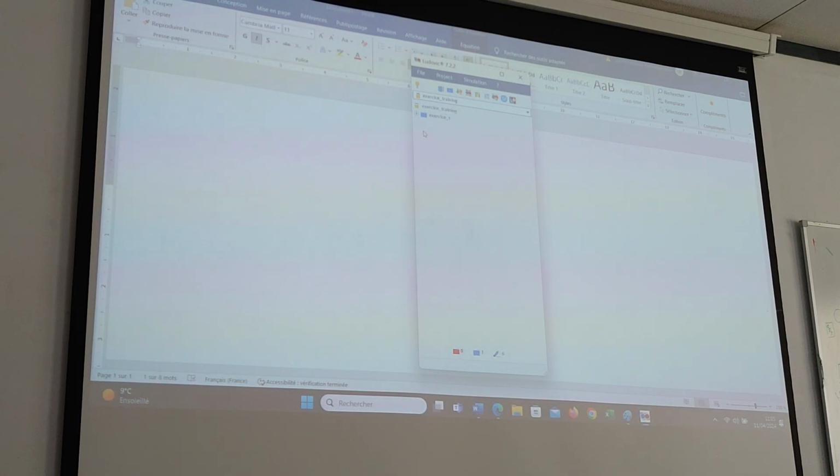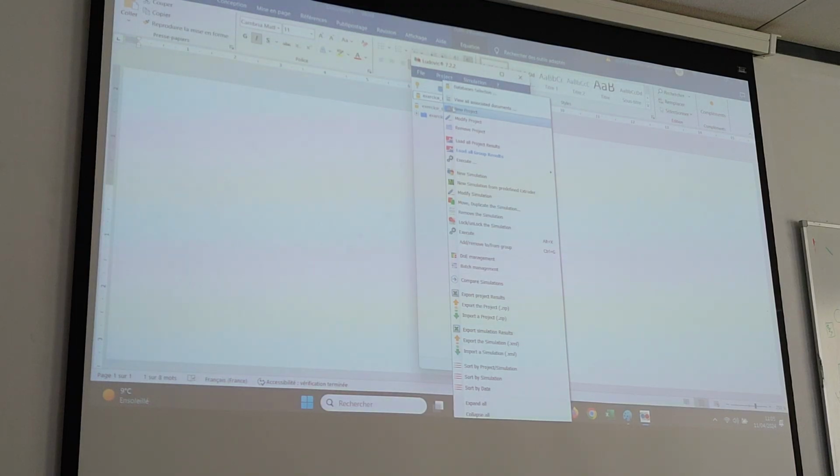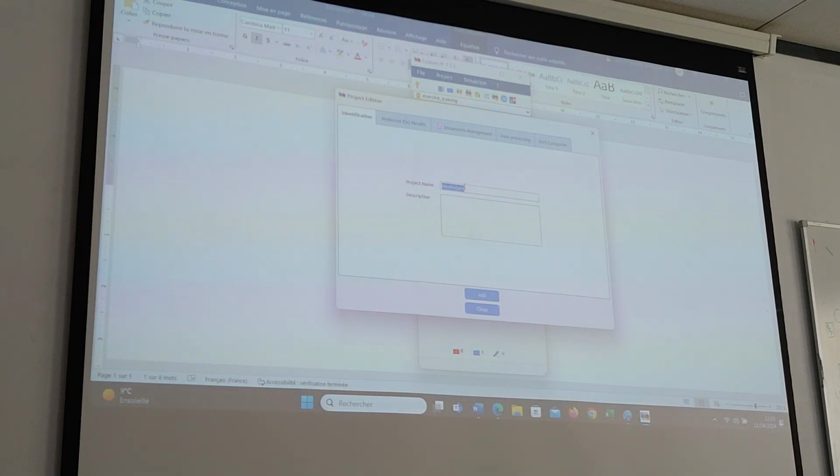So this time we will create a new project in the database we were in. You can right click and select new project, and this time you type in exercise 2.